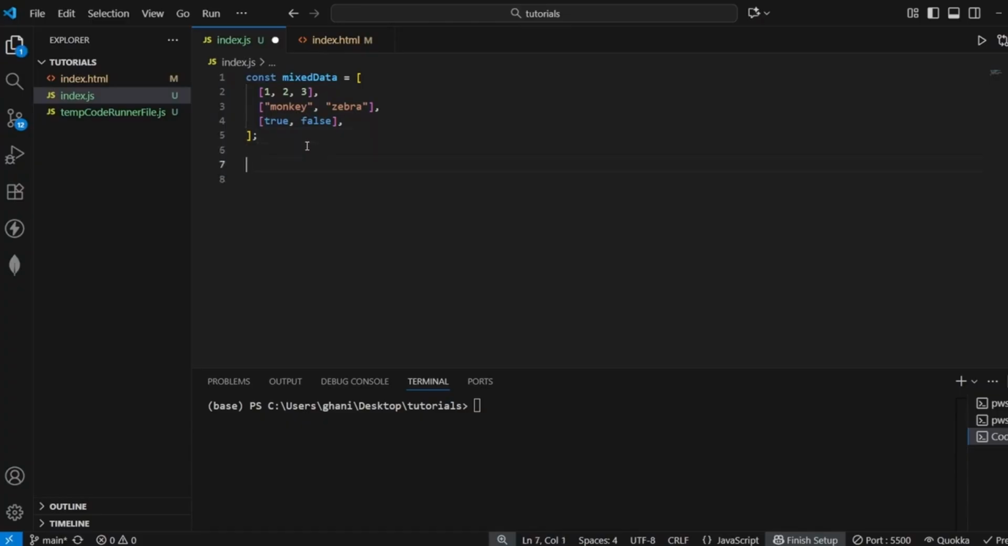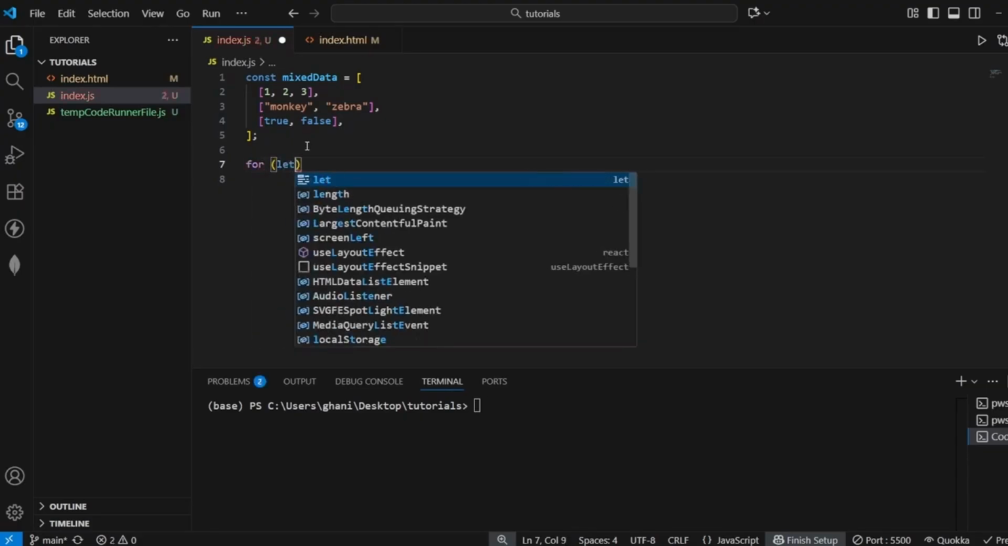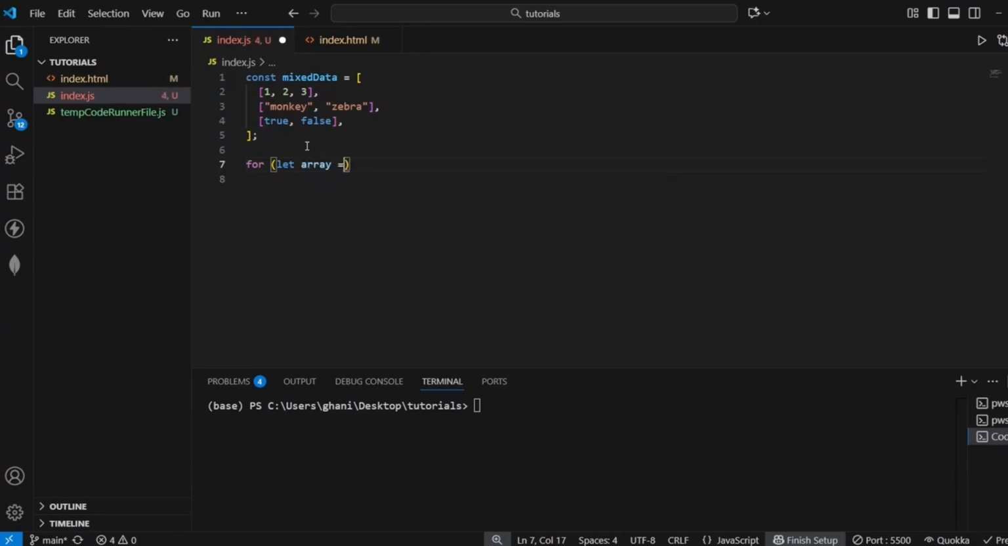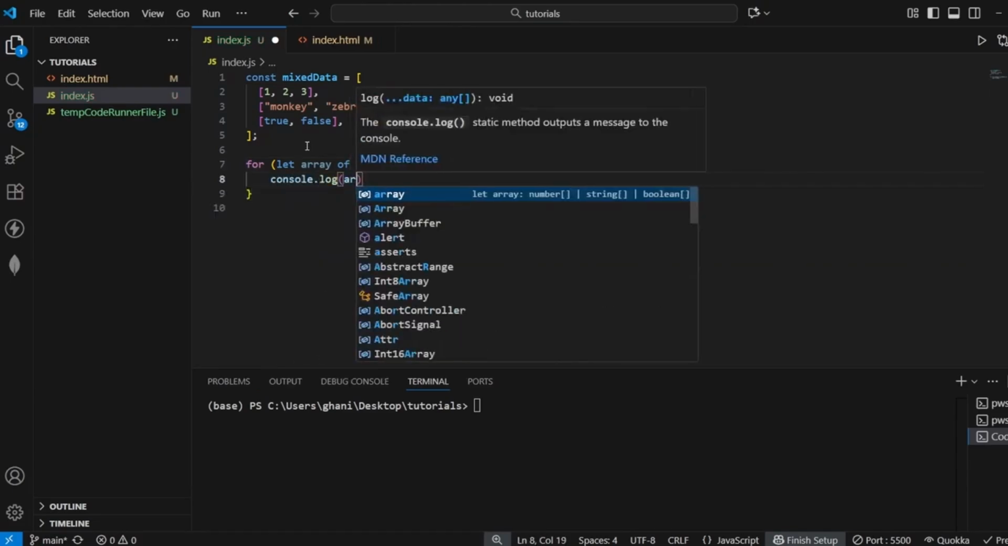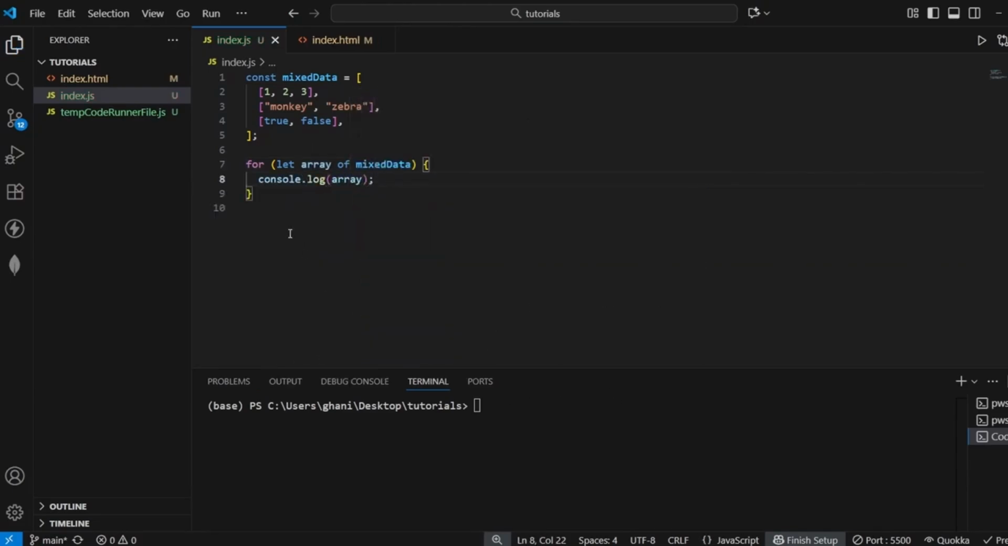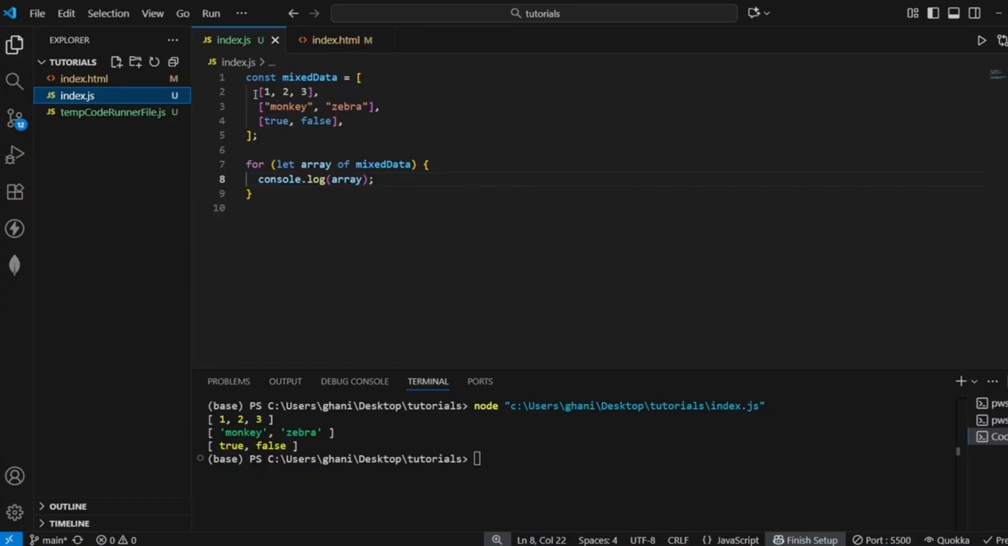So there are a lot of ways to do it, but in our case, let's say we want to use a for of loop, because that would be the way to work with an array. So we're going to say for let array of mixed data. And now let's just console.log out our array. So we're going to run this code. And now you can see we're getting 1, 2, 3, monkey, zebra, true, and false as separate arrays, as you can see right here. Since we have a nested array, we will also need to use a nested for loop,